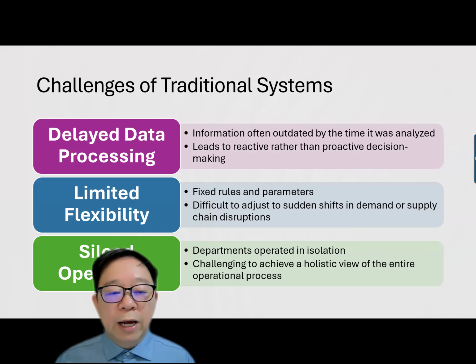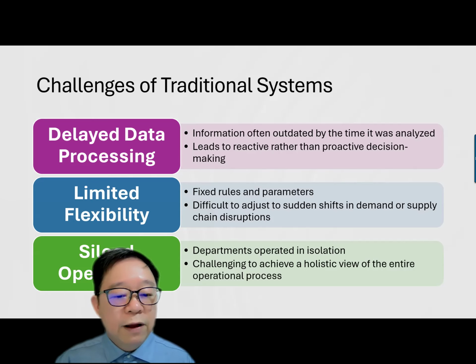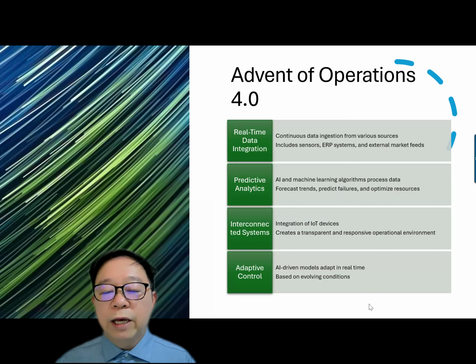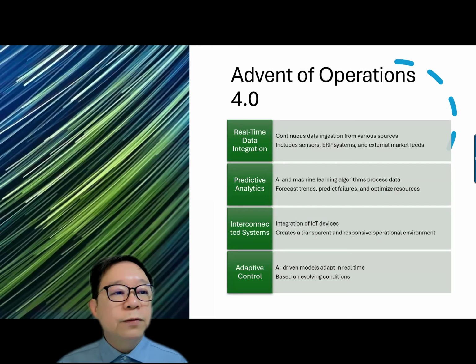So to summarize, what is the challenge? What is the obstacle or problem of the traditional system? We have delayed data processing, very limited flexibility, and also very siloed, very individual, very isolated processes. That is the problem for the traditional. So good. Now, with advanced AI technologies, we can move towards Operation 4.0. The first part will be the